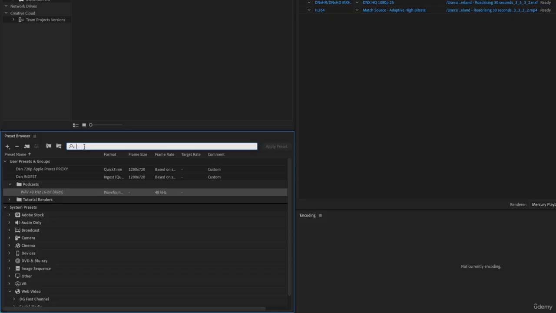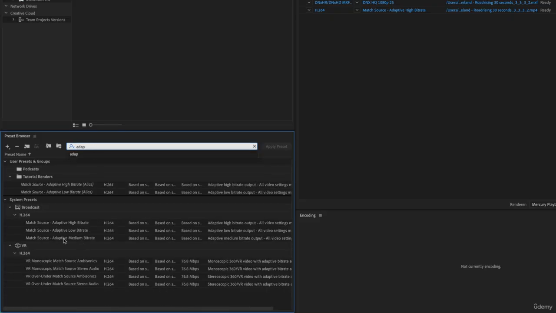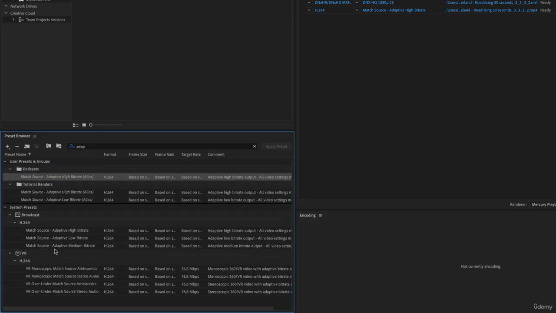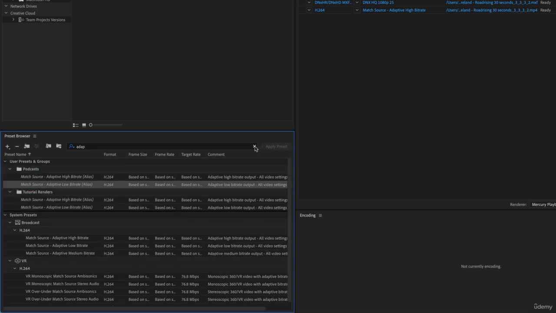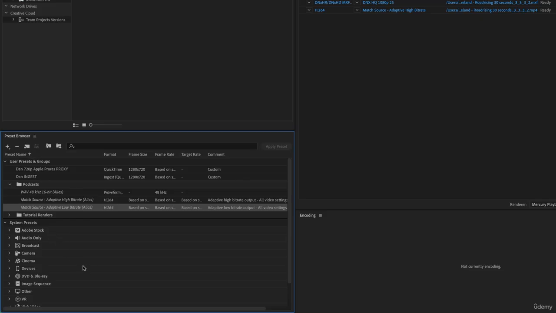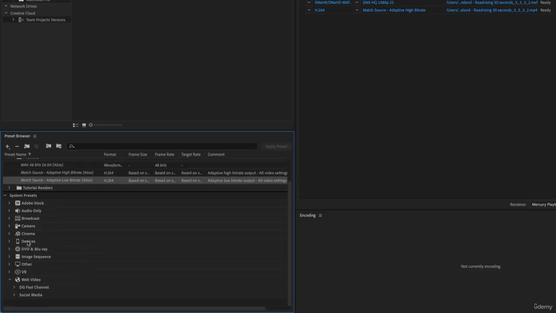What else do I want in there? I want my adaptive, or whatever you're using. I'm going to do a high res version and a low version. And also, often there's one other kind of preset I get asked for all the time. Let's say I'm dealing with somebody who only wants MOVs. I'm like, why? And they're like, because we only want MOVs. Like, because they're hoping for like ProRes 422 or something else. Their uploader won't accept anything but 422. I know that I need it to be MP4, but I can rewrap it by doing something like,